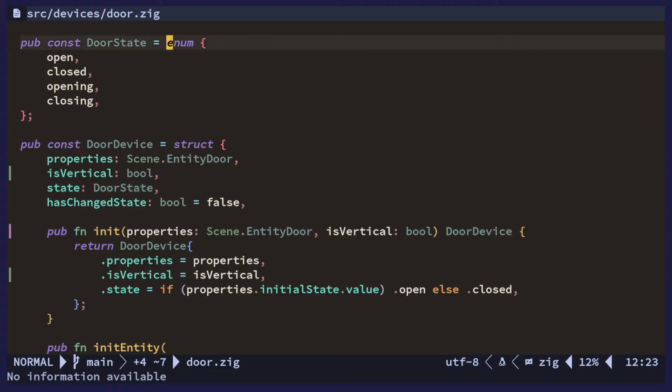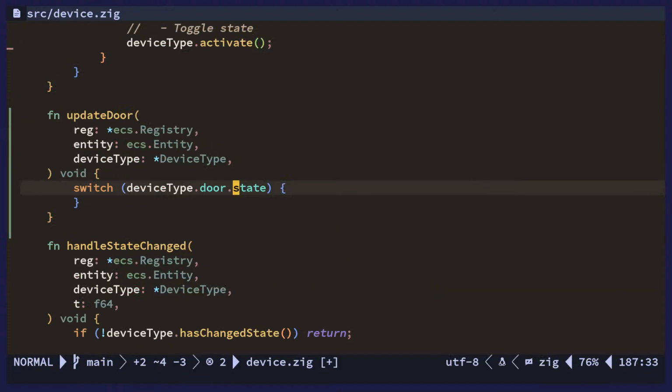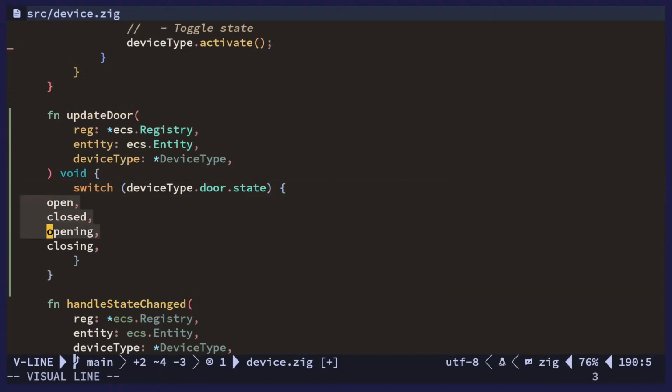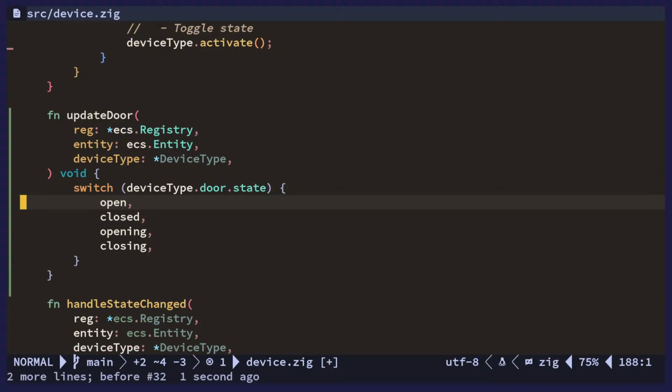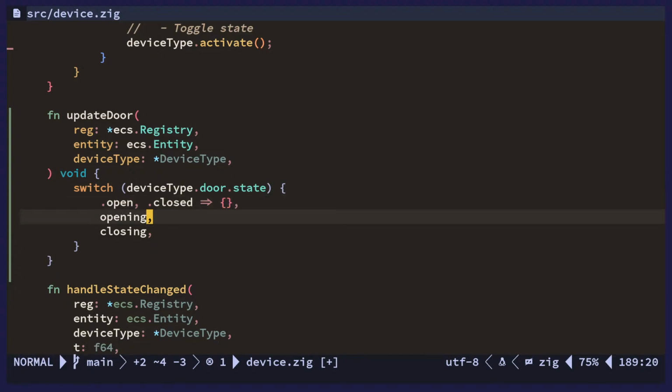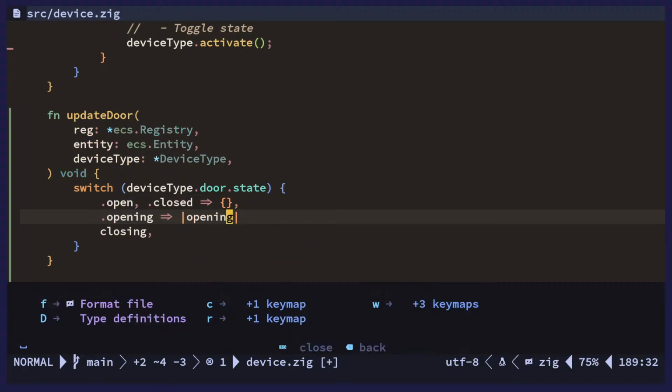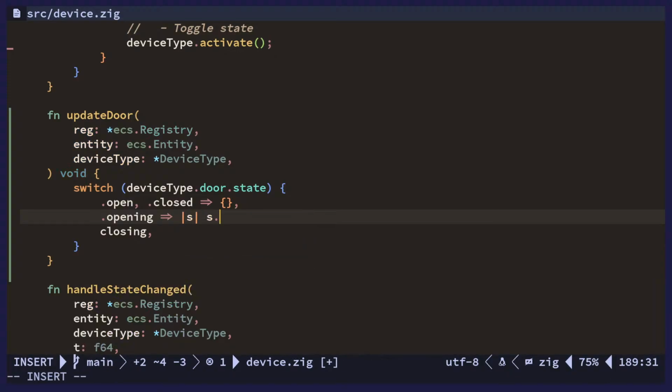Right, so if the state is, let's just copy these. Right. So if the state is any one of these, we don't care. So if it's one of these, we just don't care. If it's opening, we wanna get the state here. And so this should be,